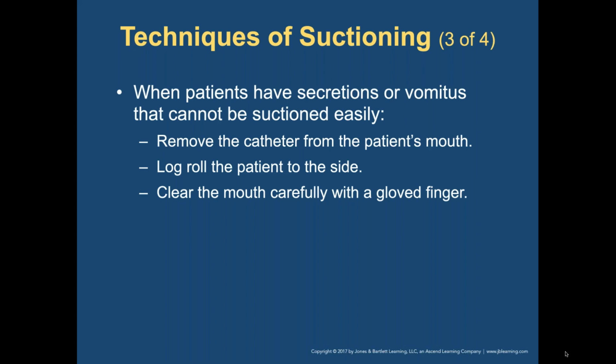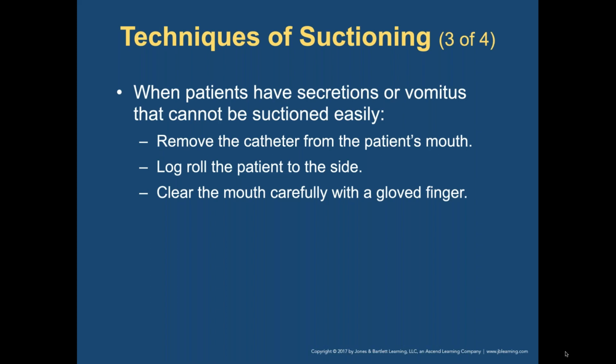All right. If the patient has secretions or vomitus you can't suction out easily, then just remove it, roll them over onto their side. We put them in what is called the recovery position, or left lateral recumbent. If we put them on the right, it's called right lateral recumbent. When you roll them on their side, basically what you're doing is you're allowing gravity to pull